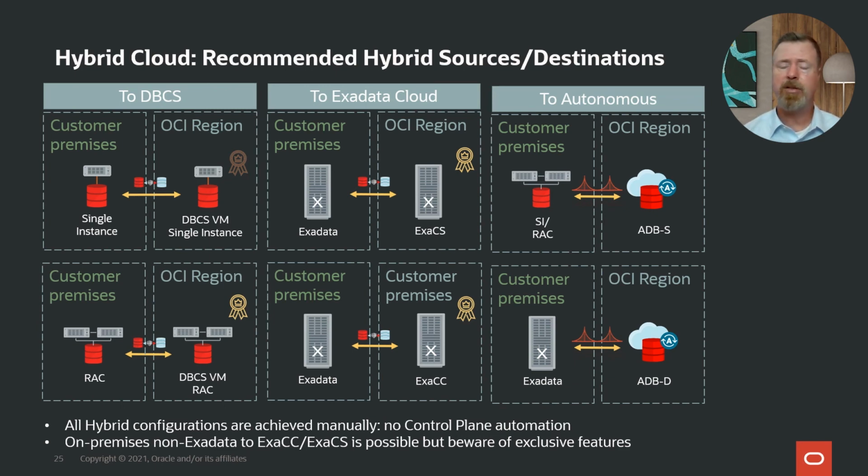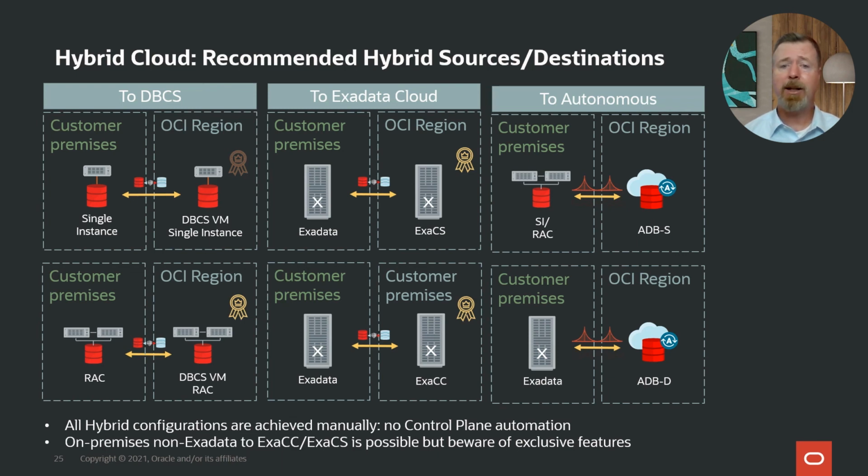What we've gone ahead and set up with these different configurations is a DR configuration between customers' premises and one of the OCI regions using the different services. For the most part, Active Data Guard is a technology that we're using here. We can see it set up between the customer on-premises and our OCI region for DBCS for both RAC and single instance. Single instance, we get bronze automatically, but with Data Guard configured as well, so we're getting DR, so it's somewhat of a mixed approach. And then from a gold standpoint, since RAC is already in the picture, Active Data Guard is one of our gold variations as far as our gold MAA goes.